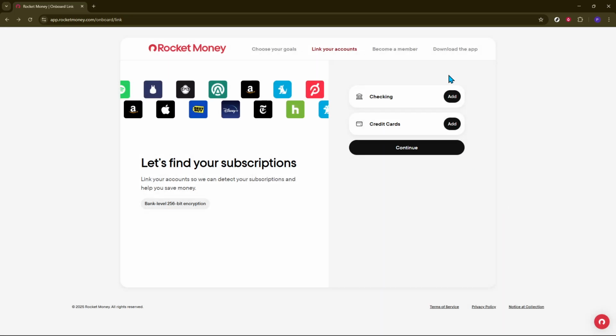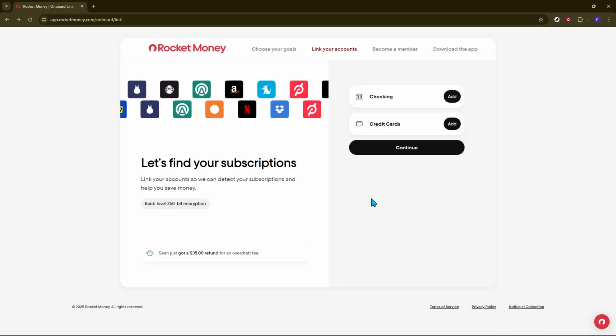Congratulations, you've now created your Rocket Money account. For convenience, you might also want to download